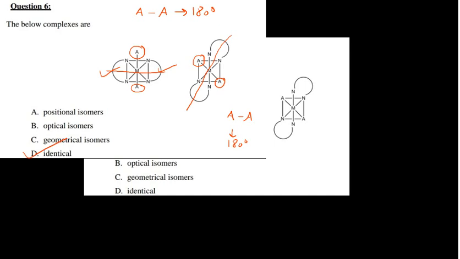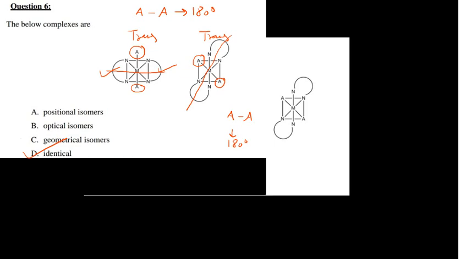They are not geometrical isomers. For geometrical isomers you should have the trans one, but this is also trans and this is also trans, because both the ligands, ethylene diamine as well as your A, are at 180 degrees to each other. So there is no question of geometrical isomerism. And if I delete this,